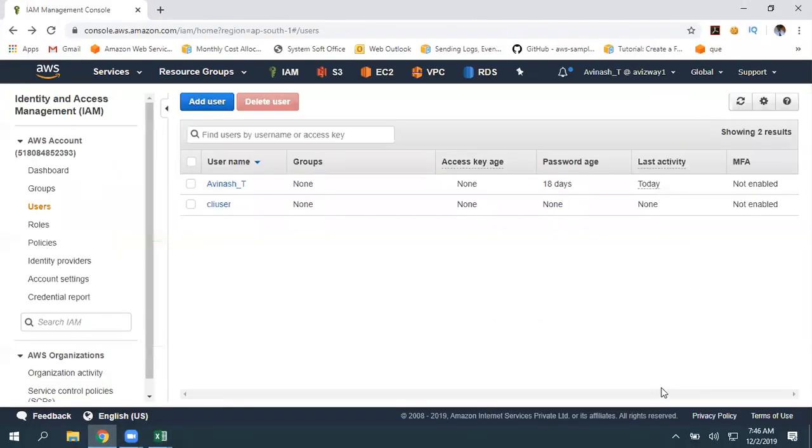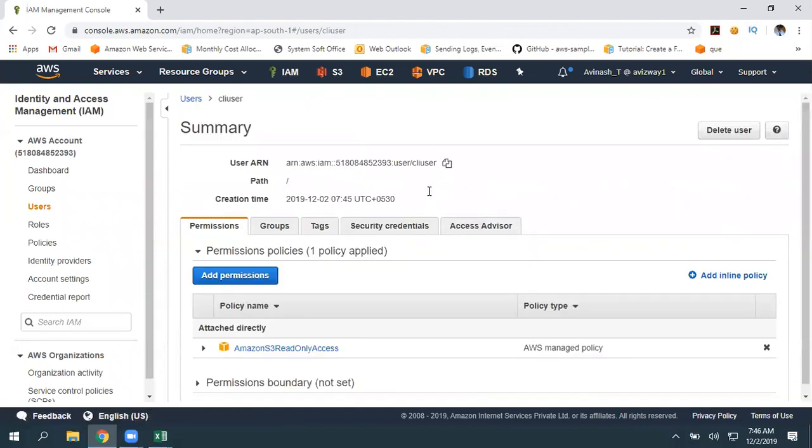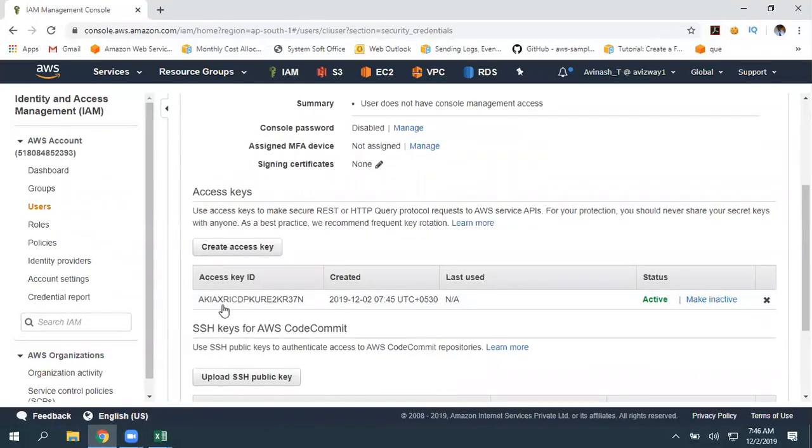Now click on close. So here is a user. If you want to verify what level of access you have, select your IAM user, go to security credentials. Here when you scroll down, it tells us what the access key ID is, when it got created, when it was last used, and whether it is active or not. Once you're done with the usage, you can make it inactive, or you can select this to delete it. The credentials are not going to work if you make it inactive or if you delete it.